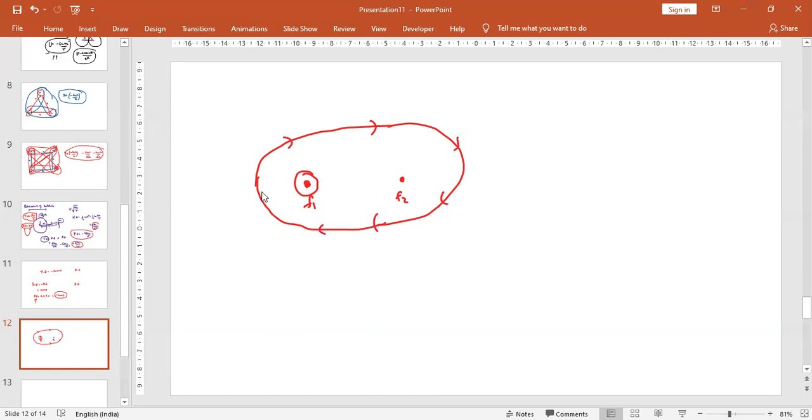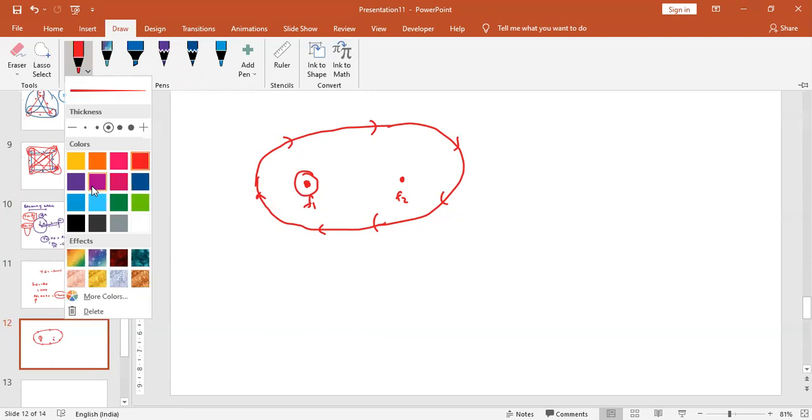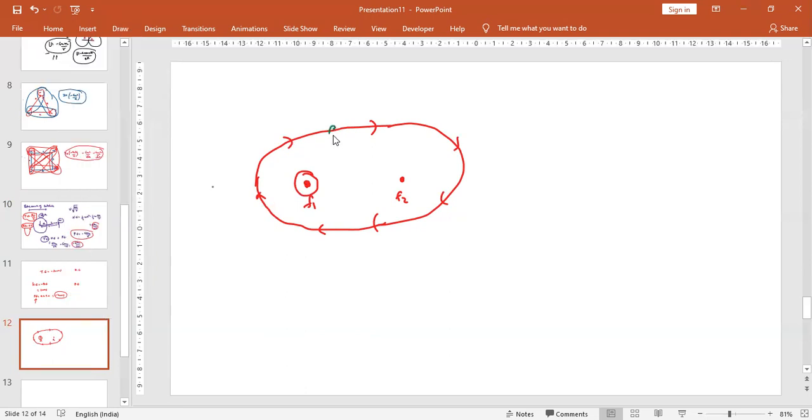If I ask you, what will be the torque on earth according to the sun? Suppose the mass of earth is Me and the mass of sun is Ms. The sun will attract the earth towards itself. And what I have told you is that if any force is passing through the point about which you are calculating torque, then the torque due to that force will be zero. So remember, about the sun, the torque on earth is zero.